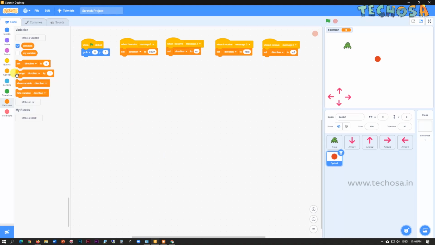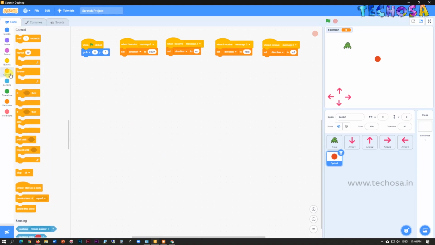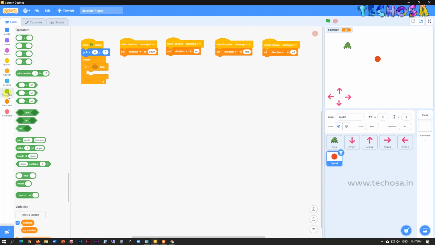Select forever loop from control and place it over here. Now we will check different conditions. For that, choose if then loop and place it inside this forever loop. If direction is down, which is the y-axis, then the snake should move in y-axis. So go to operators, choose equal to block